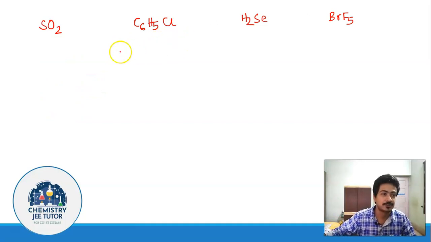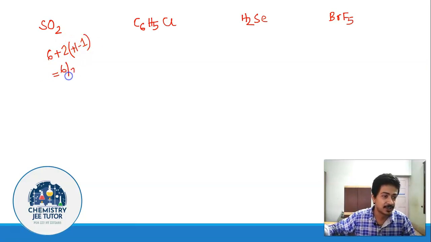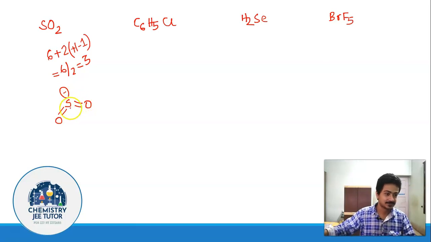In the fourth option, if you see SO2, sulfur is 6, the number of oxygen atoms is 2, so 6 plus 2 minus 2, we are going to end up with 6, 6 by 2 is 3, 3 means trigonal planar structure. So how to draw this structure? This is going to be a trigonal planar structure, somewhat like this. You see, the octet has been completed in this structure.